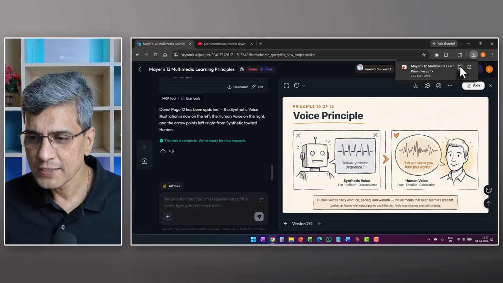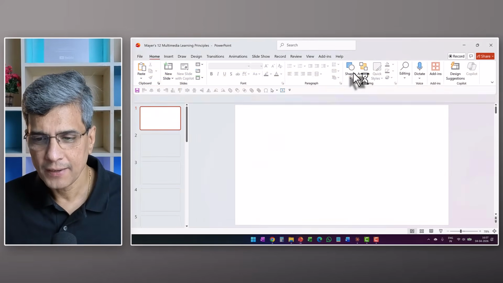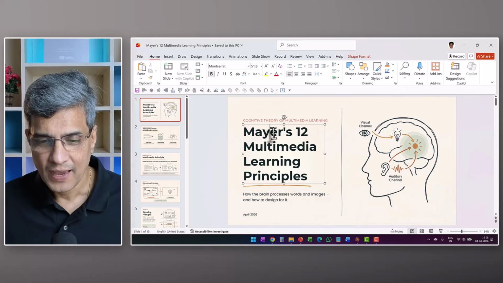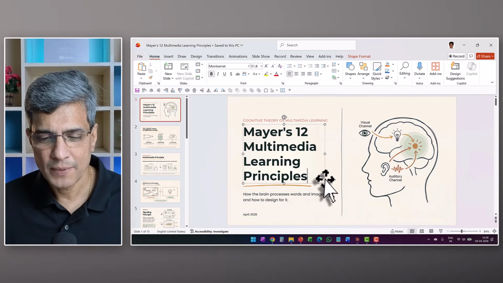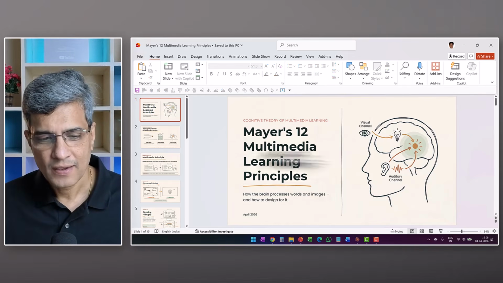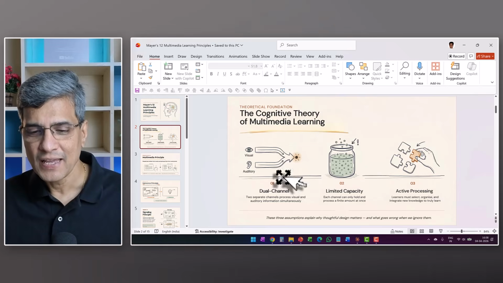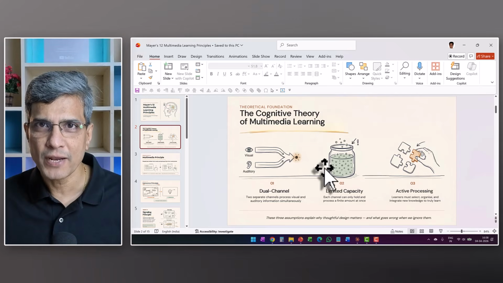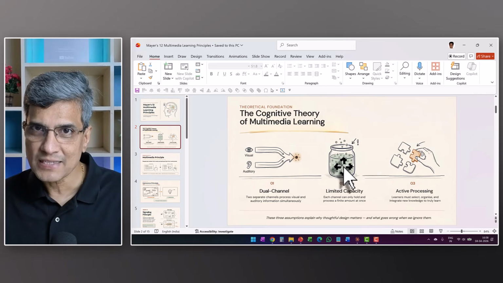Now our download is ready. Let me go here. Let me open the slides and say enable editing. Now look at this. I can go here directly and I can make my changes. So let me say here add or subtract. I can do anything. Let me go to the inside ones. The translation is perfect. There is absolutely no aberration, no changes in the way things looked right inside Skywork AI